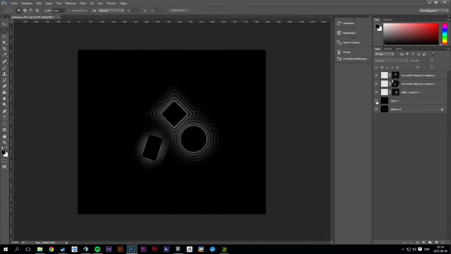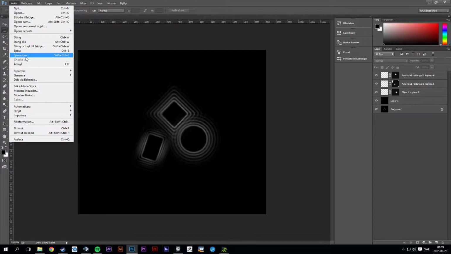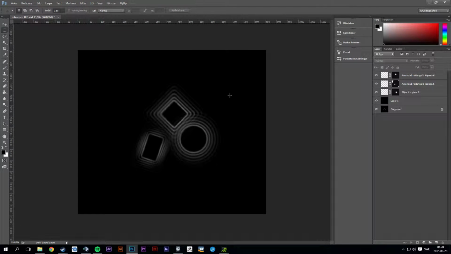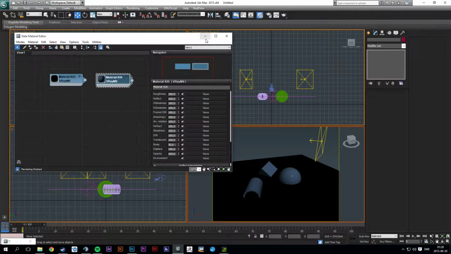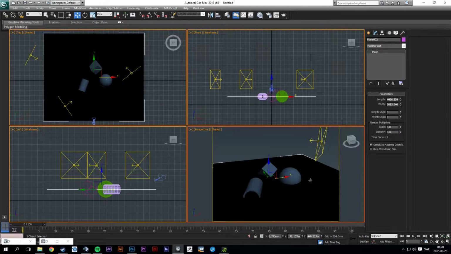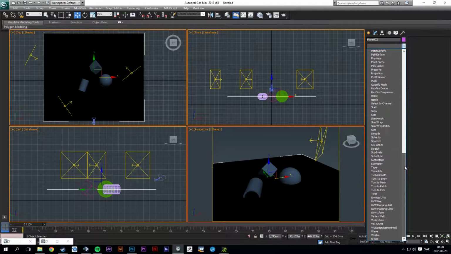Okay, like that, and then just put a black below. I'm gonna save this as bump map. Okay, I'm gonna go back into Max,